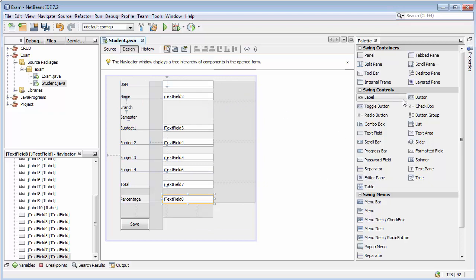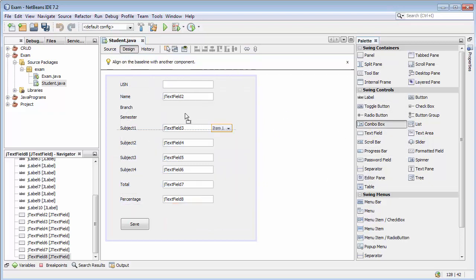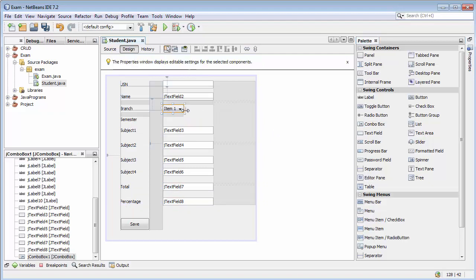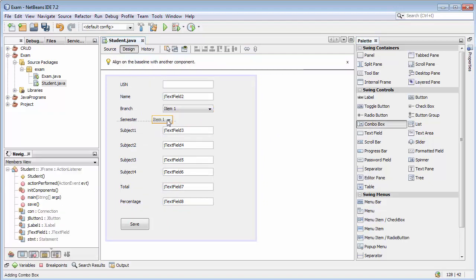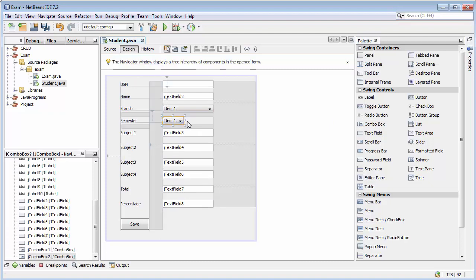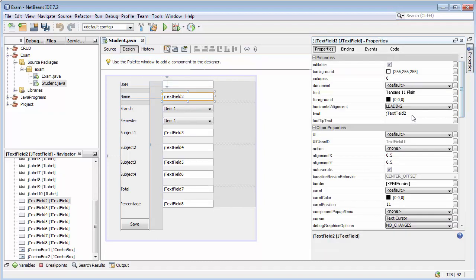And then we need combo box as well for branch and for semester. So now let's come back here at the text field 2 and then come to properties and